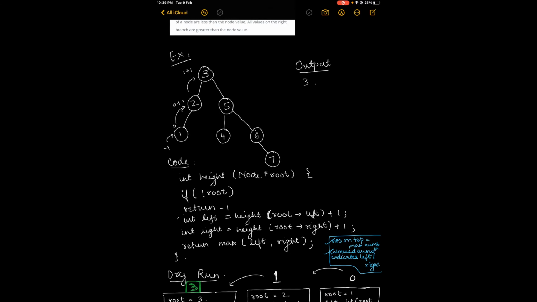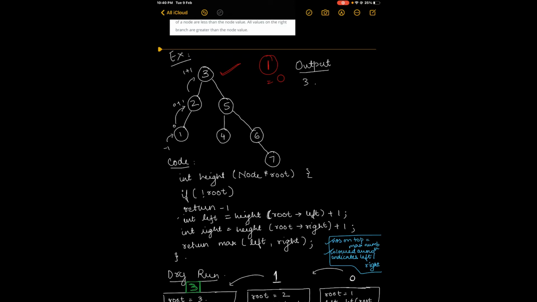So here's the sample input which is given in the question. The question says the height of this binary tree is 3, which means that if there is a single node, then the height of this will be 0.